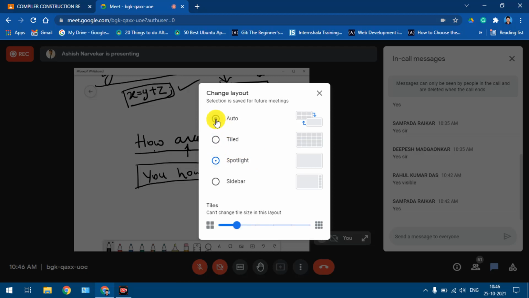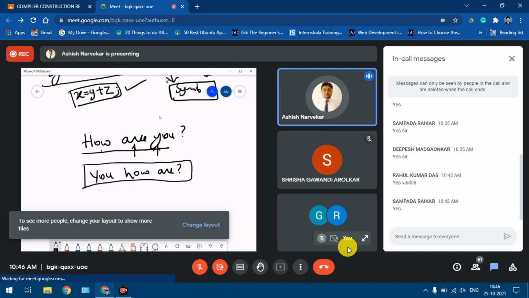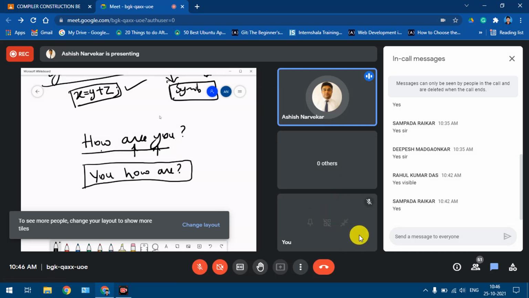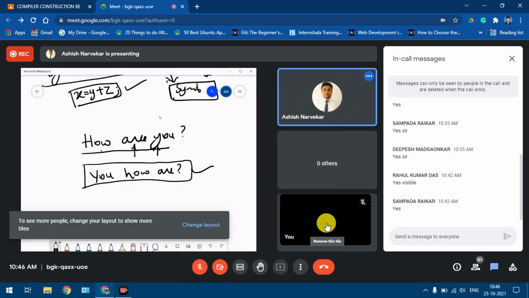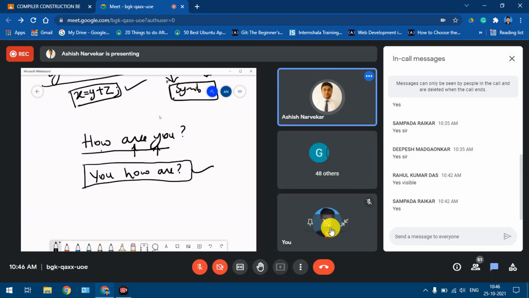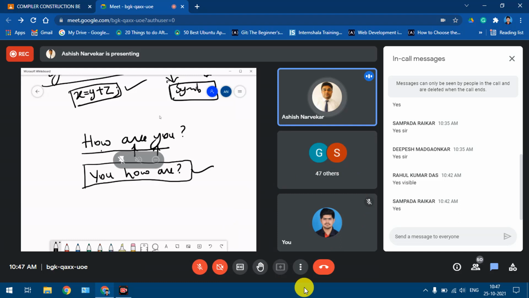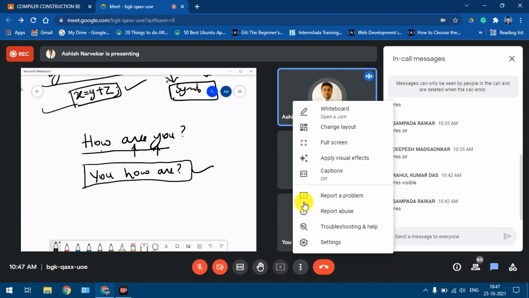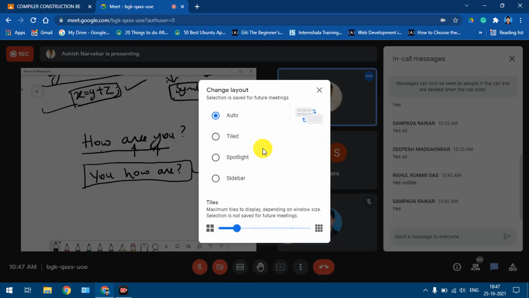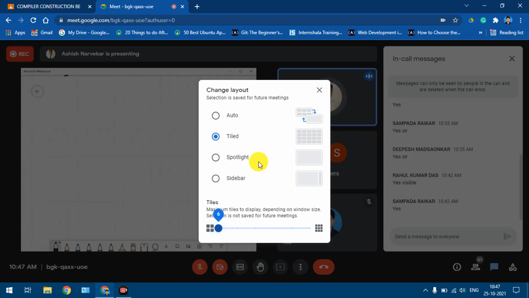Because it does not follow the rules of the English language as it is defined. If it had been defined this way only, as we were taught, then probably it could have been called a valid statement. Similarly, in order for a parser to decide whether this particular statement which I have written here is valid or not, it needs to follow certain rules. That's where, as I said, the context-free grammar comes into the picture. So let's begin with the context-free grammar.